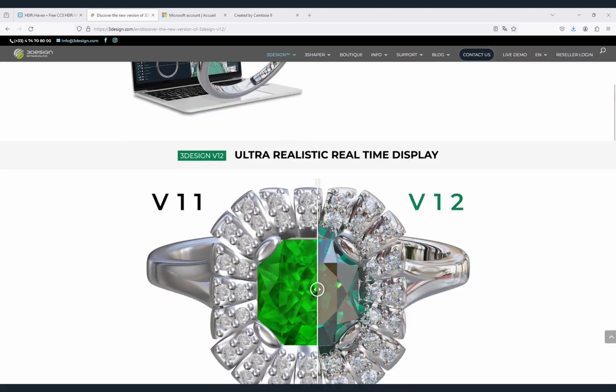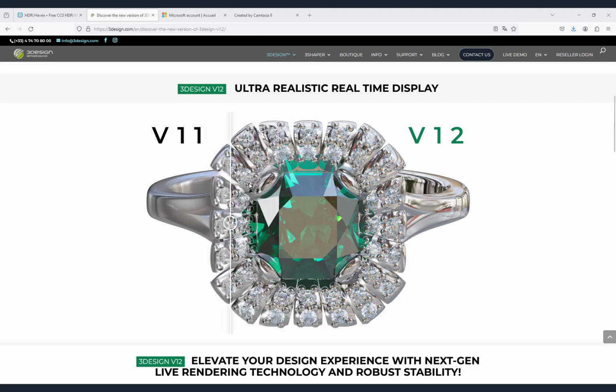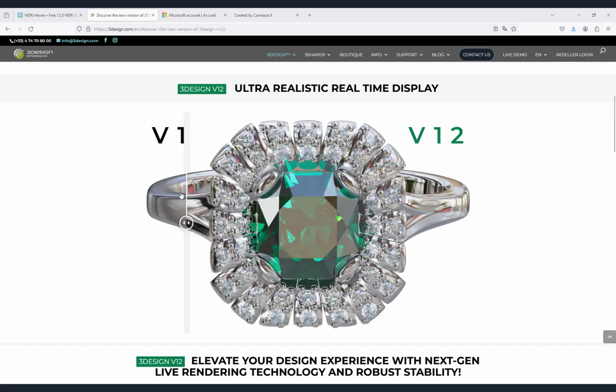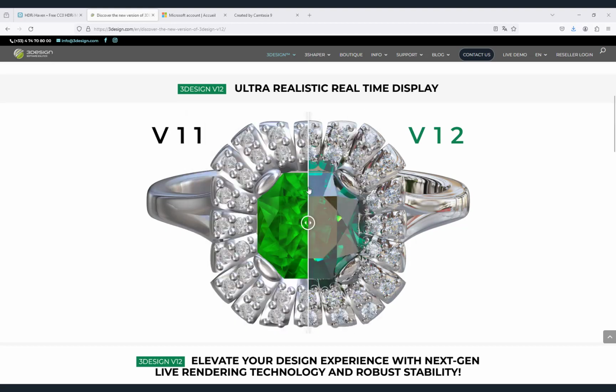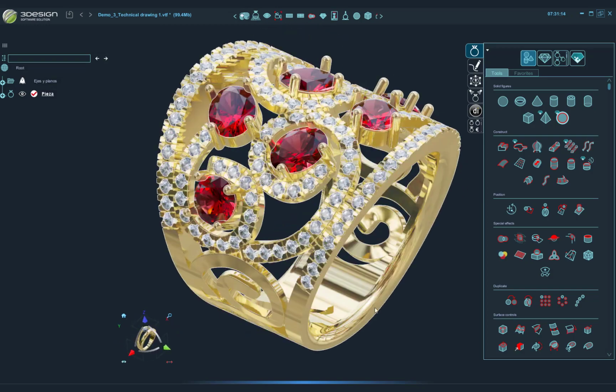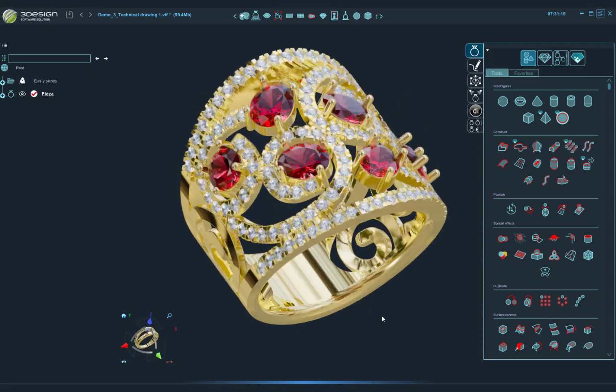So let's start with the new realistic real-time display we have in this version. Currently, you can have that on our website. Just for you to understand, you can see the difference between the V11 and the V12 we have today. This is available on our website, and you can play with this slider which shows perfectly the differences between the V11 and the V12. So let's jump to the 3DESIGN software, and I will explain to you what this new technology is and what the options are we can have with this